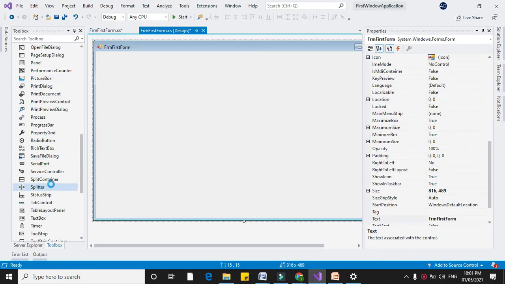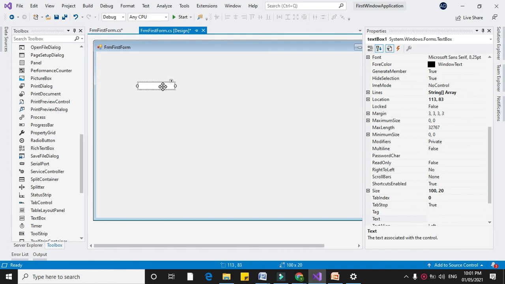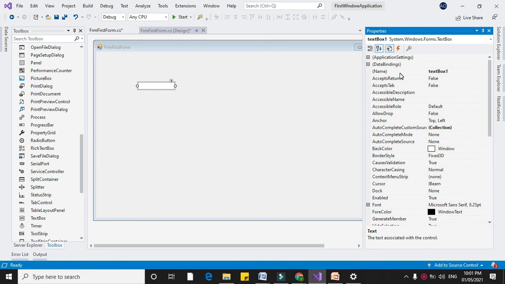Now we will see the different properties, methods and events for a text box control. For this we will add a text box in our form. First property is name. As you know, any control's name property defines what function it is going to perform. Here we are going to accept the name in the text box, so the name will be txtName.